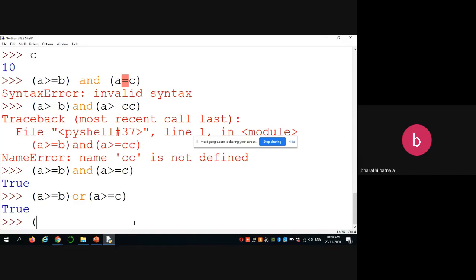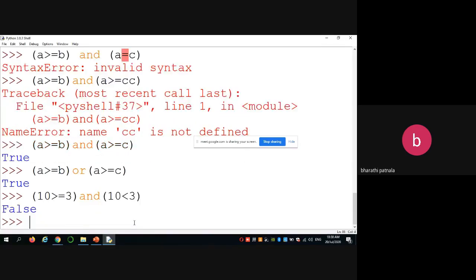So if you want to check, 10 greater than or equals to 3 is true, and 10 less than 3 is false. Then with AND it returns false, because in AND, both conditions must be true, then only it returns true. Otherwise, it returns false.